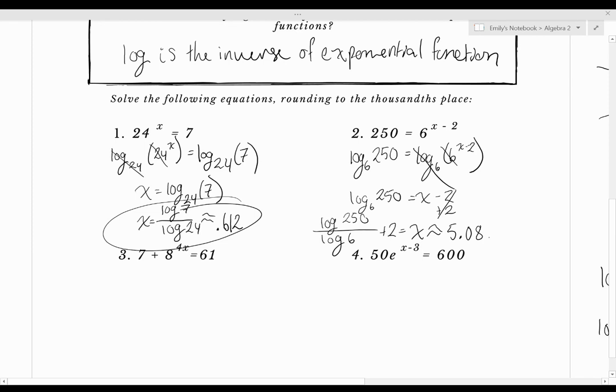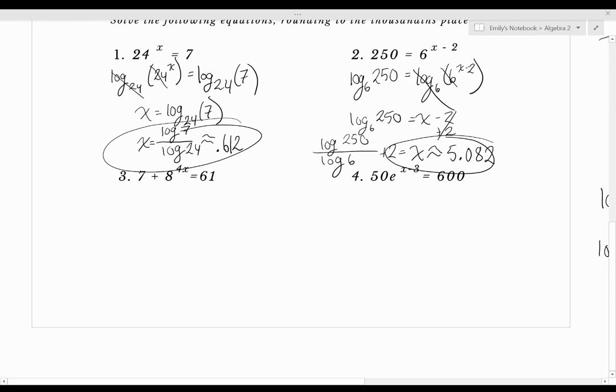5.082. And now if we look at number 3, what's different between this number 3, the 1, and the 2? Good, we have a constant now. Just like we did in the very beginning when we tried our early linear equations, we took care of these constants first. They were the first things that we got out of the way. So we're going to stay with that pattern and get the 7 out of the way so we can use our logarithm. So I'm going to subtract our 7, and it becomes 54